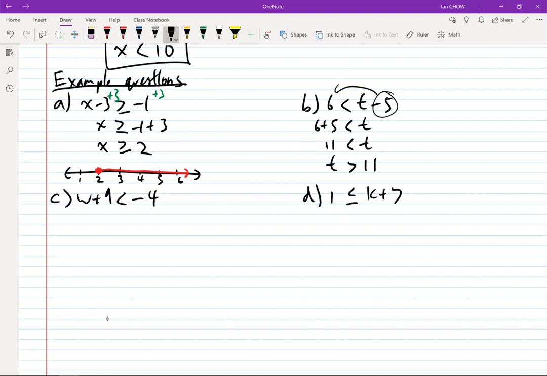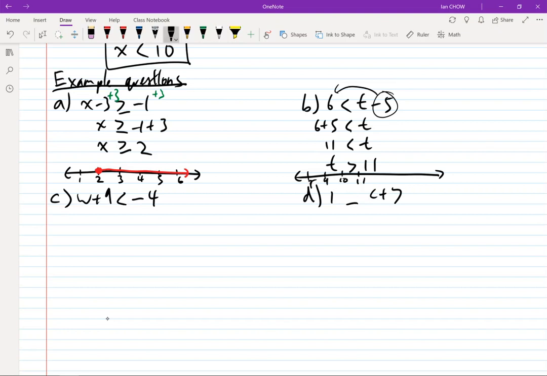If you're not sure whether you need to swap the sign, then just give yourself an answer. For example, if 11 is less than 15, then 15 has got to be bigger than 11. Just think about it this way. And so if t is greater than 11, when we're going to graph this solution, I'm going to put 15 over here. 11, right? 11,